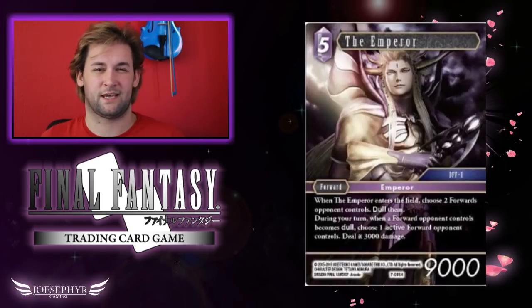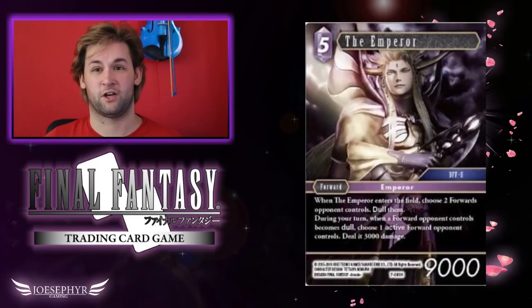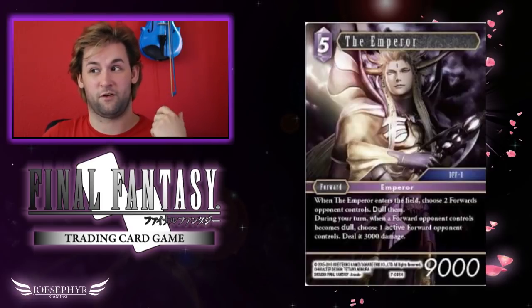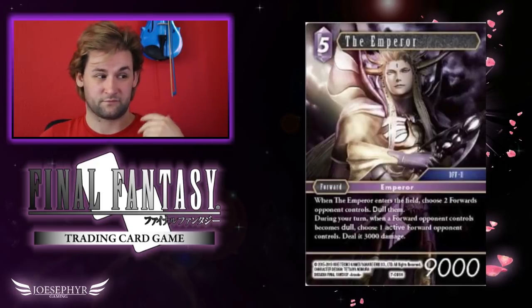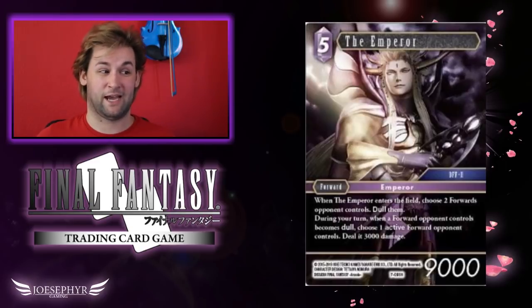You can put this card in more than just Mono Lightning. It could go in Mono Lightning, Lightning Ice, because Ice is obviously very good at dulling and freezing things, and this kind of fits that theme. Or it could go in a Lightning Wind deck, so that the chip damage that you get will go very, very nicely with Orlando, or Onion Knight, or Rigdia. There's a lot of different things that it goes very well with, so I'm actually really happy to see this